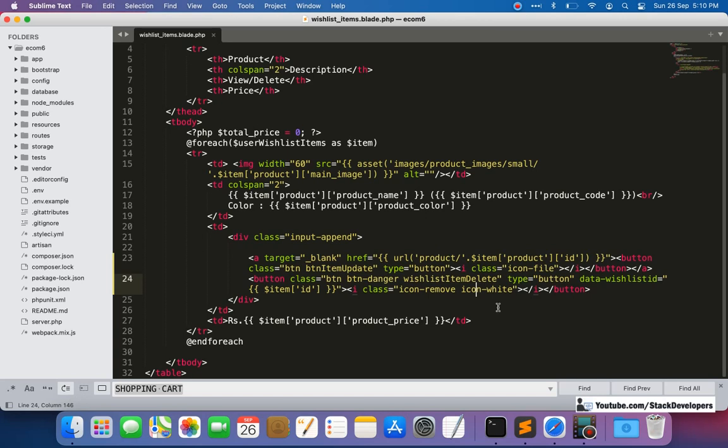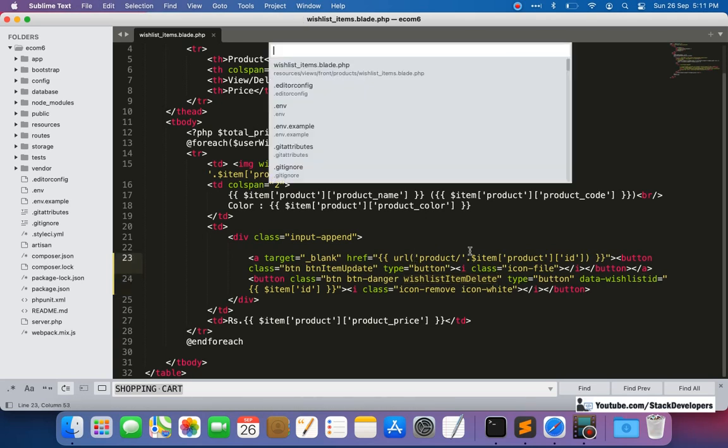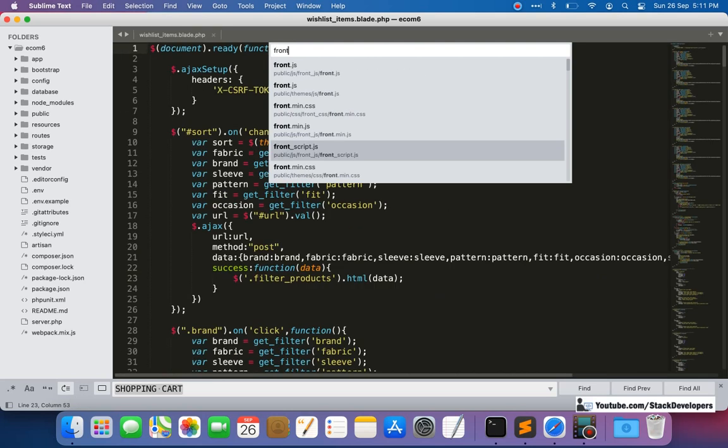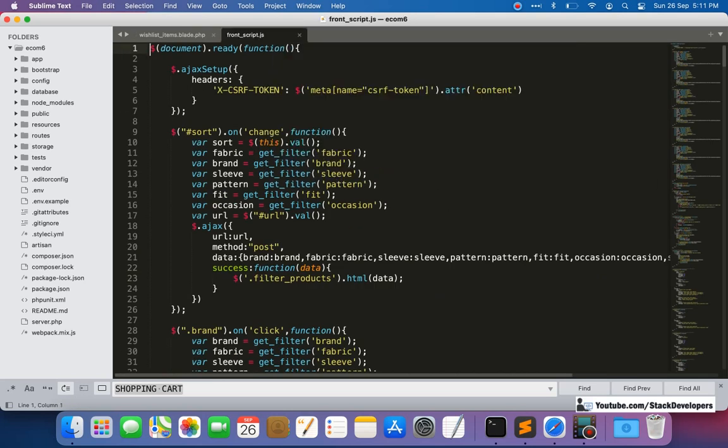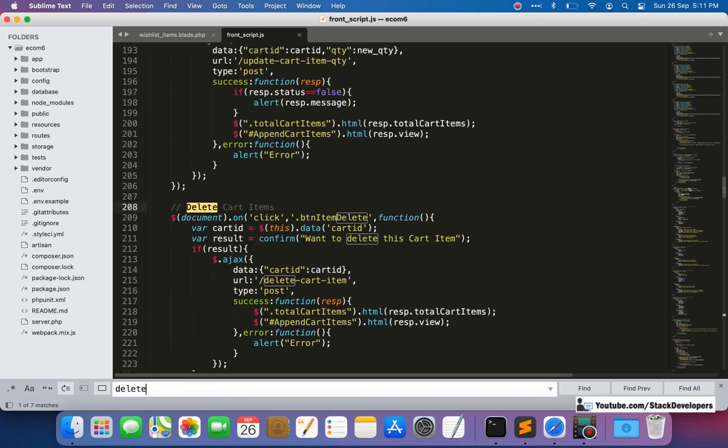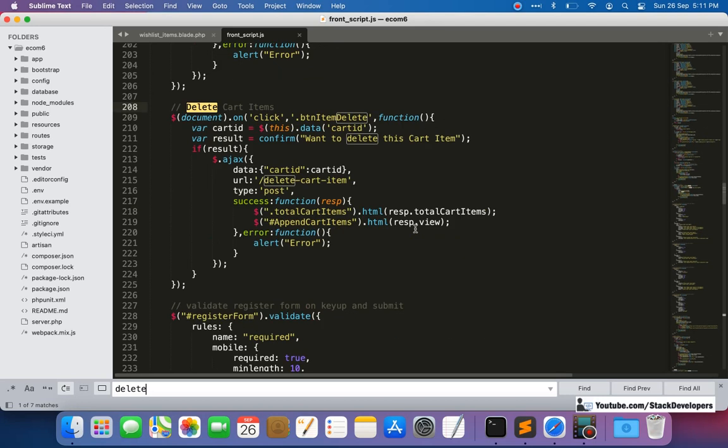So now see, wishlist ID is there, wishlist item delete, and on the click of the wishlist item delete button we want to run the jQuery. So I'm going to update that front script, where the other delete code for deleting the cart items is already there, and similar code will also work to delete the wishlist items as well.